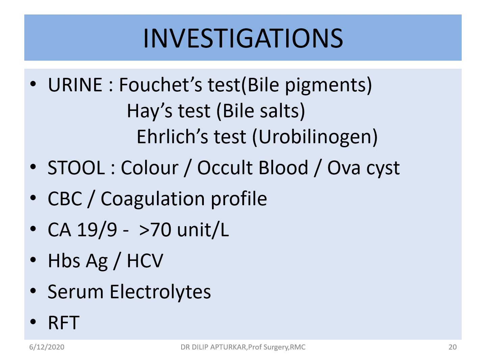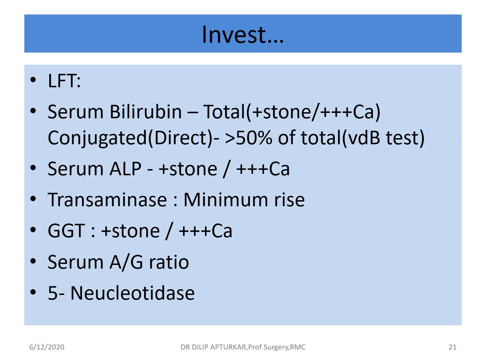Now liver function test, you will find total bilirubin is raised. In case of stone, it is raised. In case of malignant obstruction, it will be markedly raised. So mainly it is conjugated direct bilirubin which is raised, more than 50% of total. That can be done with the Van den Bergh test. Serum alkaline phosphatase, again it will be raised in stone calculus obstruction. It is markedly raised in case of malignant obstruction.